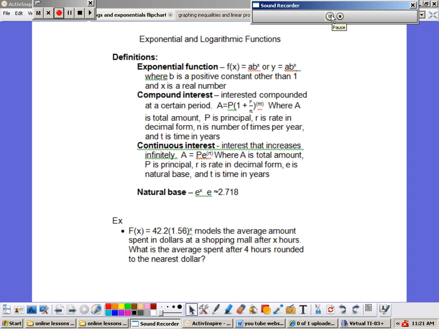Okay, today we're going to talk about exponential and logarithmic functions. The definitions: an exponential function is in the form of f of x equals a b to the x, or